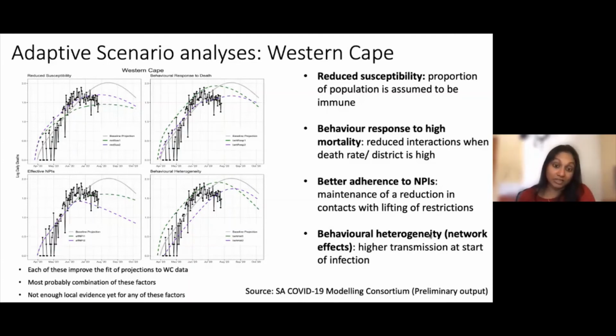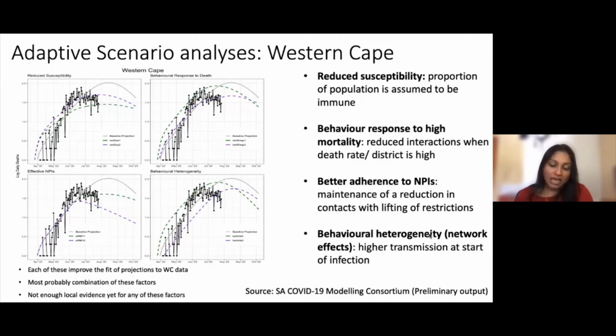an observed pattern in this case, mortality. And we considered aspects like a reduced susceptibility, so allowing for a certain proportion of the population to be considered immune. We looked at factors like behavioral change or behavioral response to mortality, where one has reduced interactions when the death rate is high. We looked at an overall better adherence to NPIs that perhaps counterintuitively would remain high even though restrictions were being lifted, as well as behavioral heterogeneity, looking at different contact patterns that would result in differential